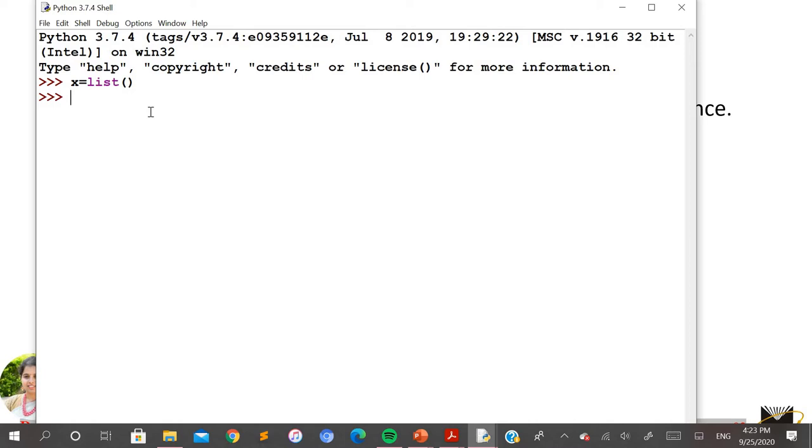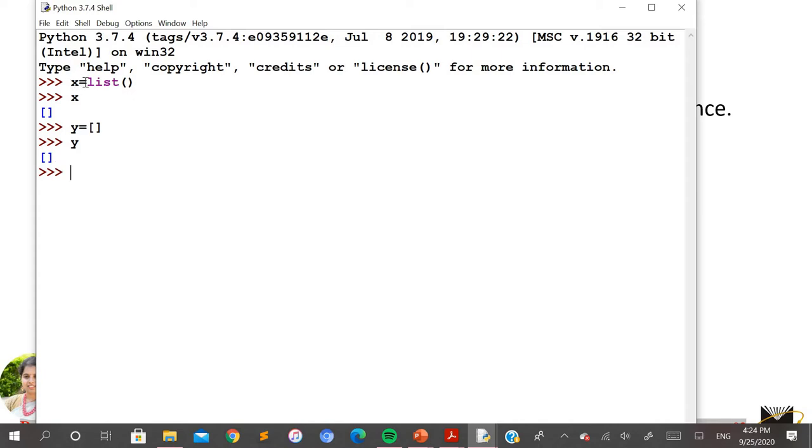If you want to check what kind of data type this x is being considered, just type x and press enter. You can see here x has been given with square brackets, just to tell you that x is being considered as a list variable here. So this is one method where you can create a list variable. The other method is to just take a variable name and initialize it with opening and closing square brackets. This is also going to do the same thing, that is, it is going to consider this y variable as a list variable. So type y and press enter.